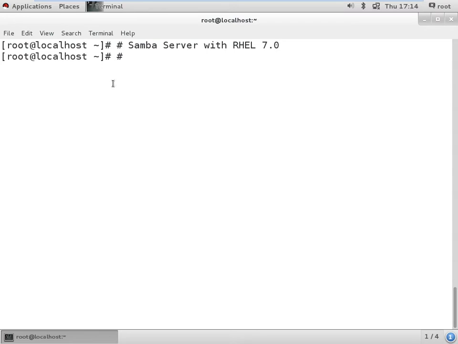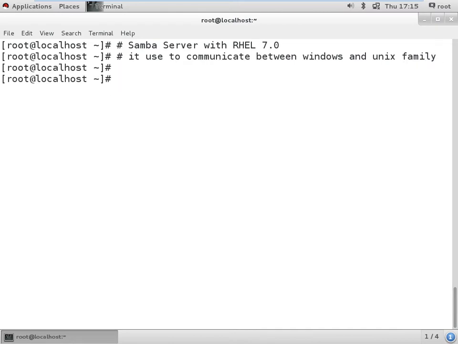Samba is what it is used to communicate between Windows and, you can say, the Unix family. So how can the Windows family communicate with the Unix family?